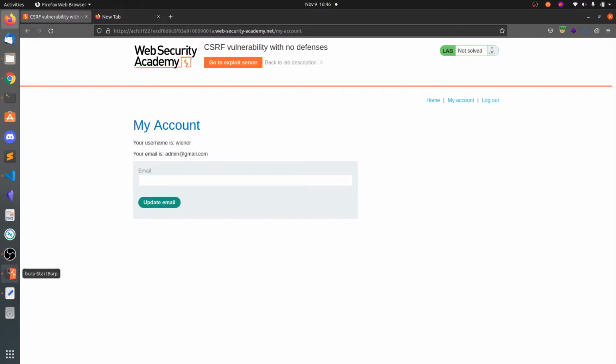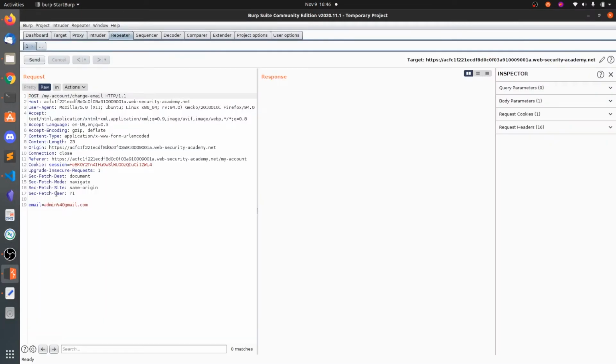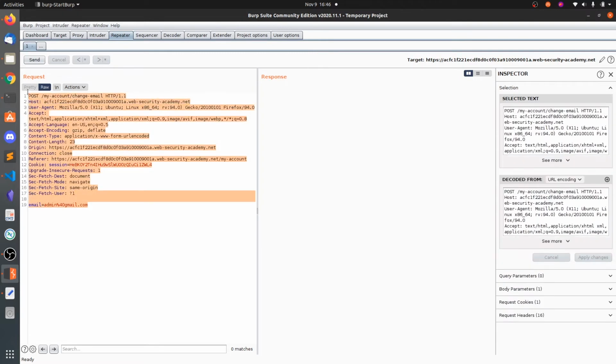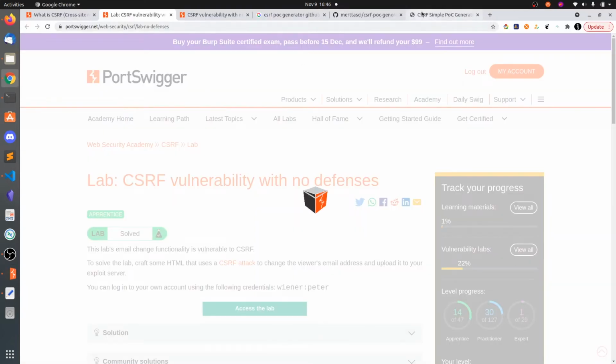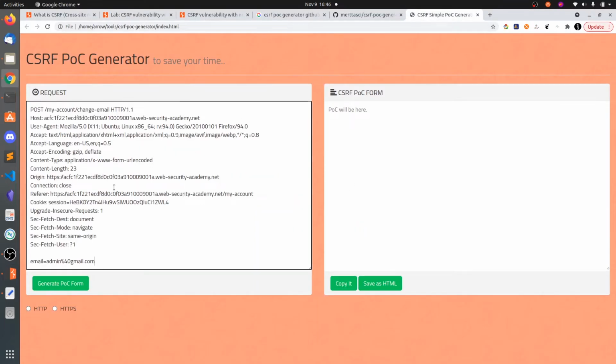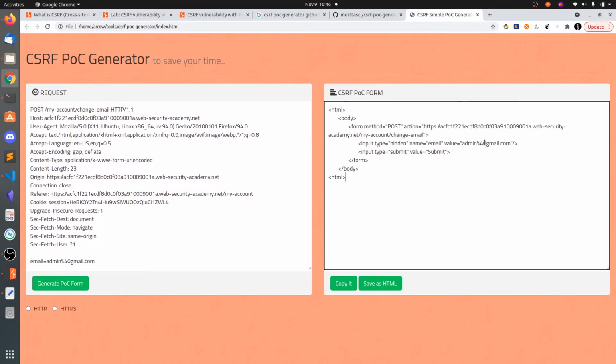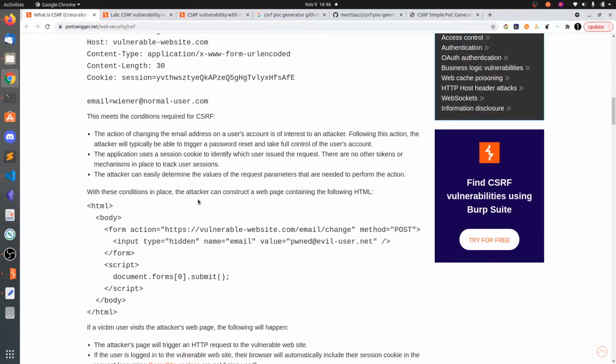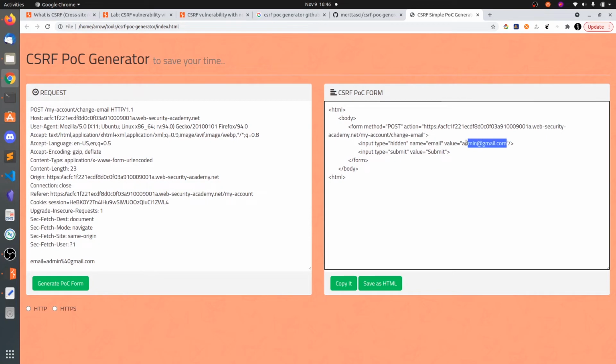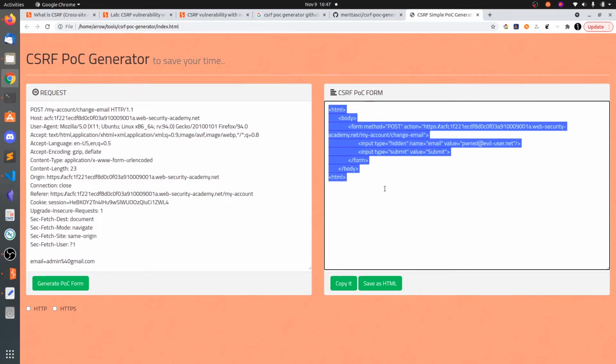So what we're going to do is copy all this request and paste it here. This is a very simple POC. I think you need to change this value to pond@eviluser.net. I don't know, you can try other values. So this is the form, and you can copy this one.